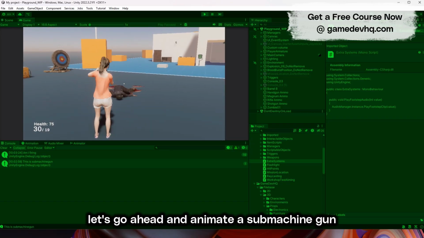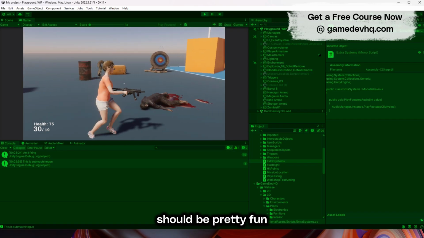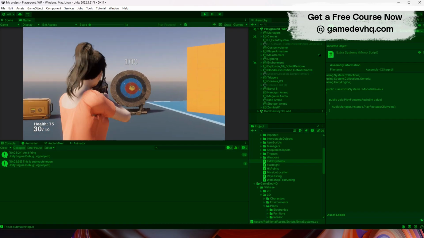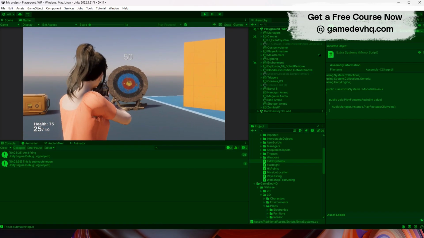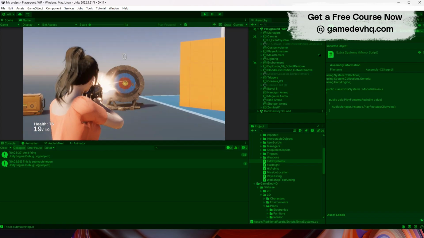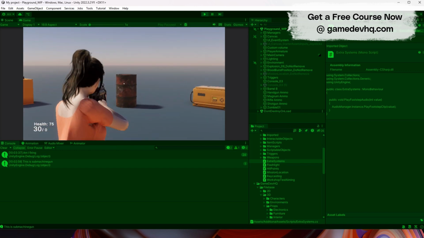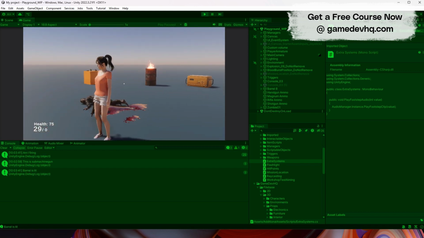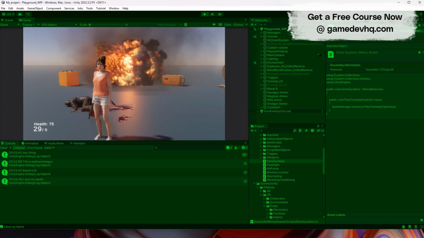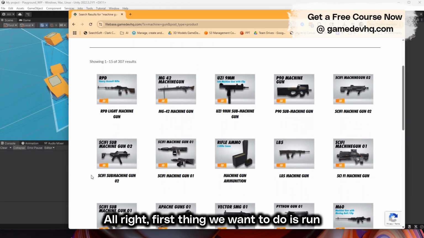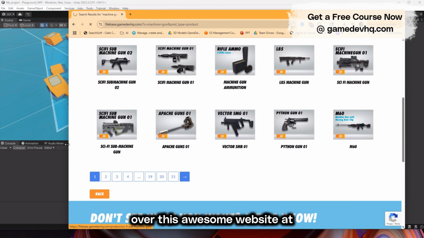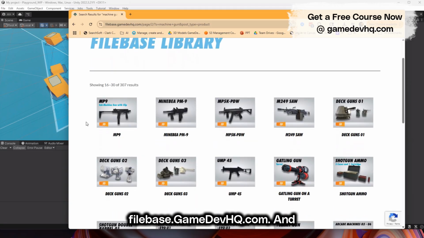Let's go ahead and animate a submachine gun today. That should be pretty fun. Of course, a submachine gun. I can see fire, fire, and then I can shoot, let's say, this barrel and fire. All right, first thing we want to do is run over this awesome website at filebase.gamedevhq.com, and we're